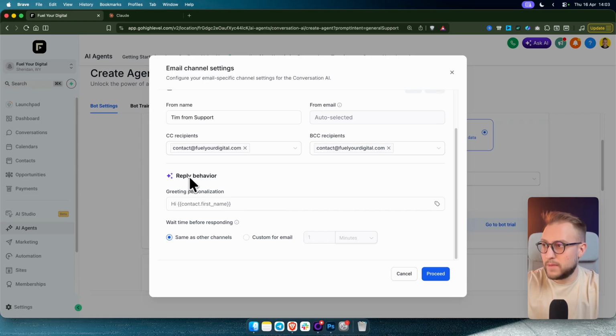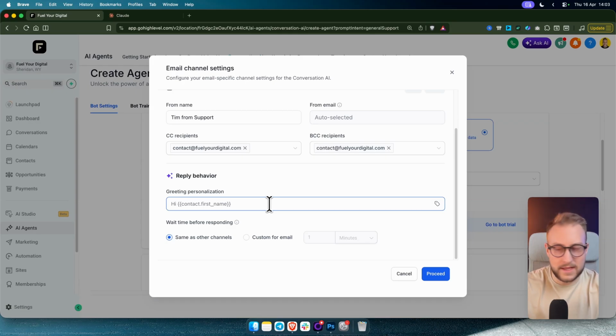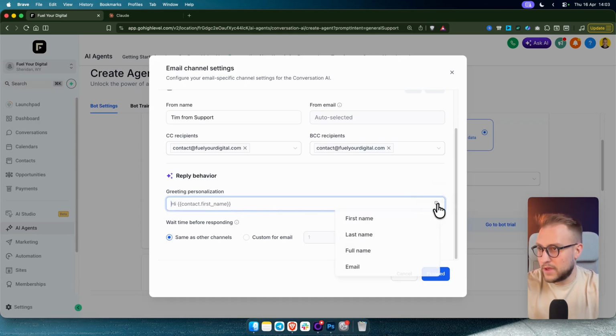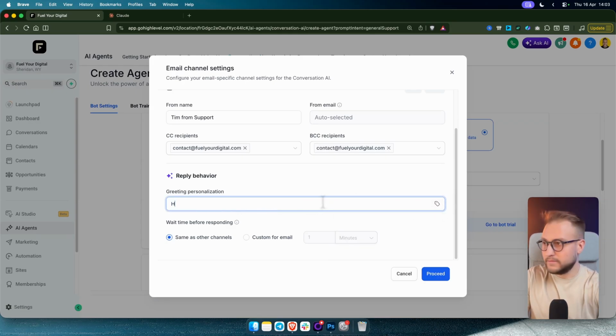And then reply behavior. Now this is going to be a greeting personalization. So for example, hi, contact first name. This is always what is going to be saying. This is a typical thing that you will do on email. So you can do something like that, like, hey, and then you can have contact first name. So in this case it would be, hey John, and then wait time before responding, you can have 1 minute,